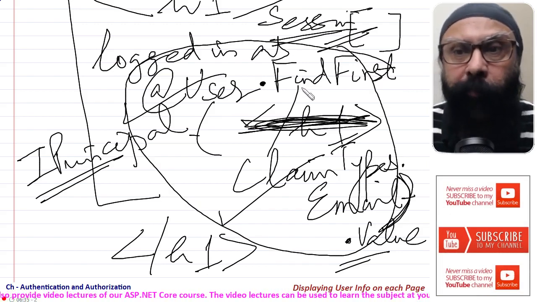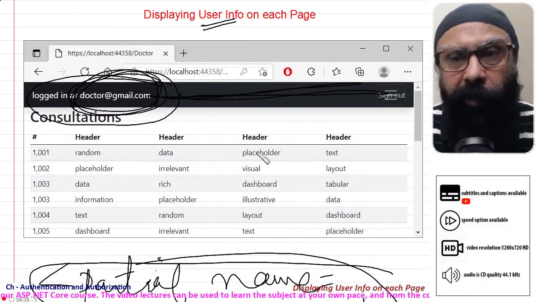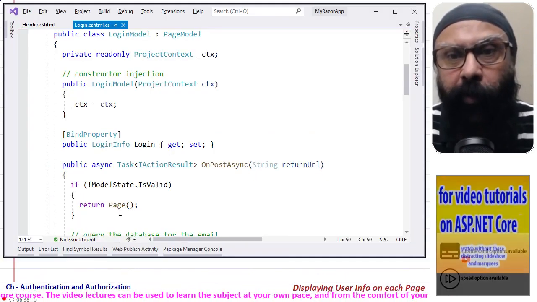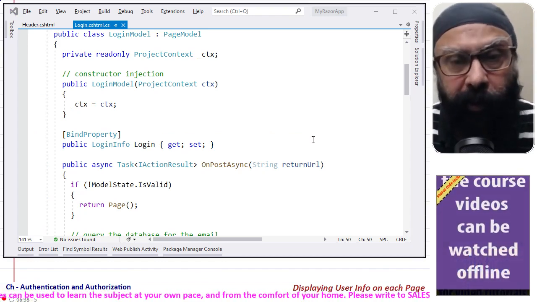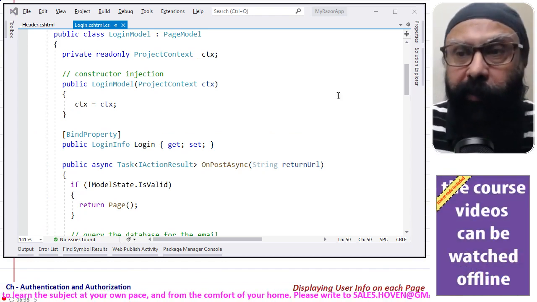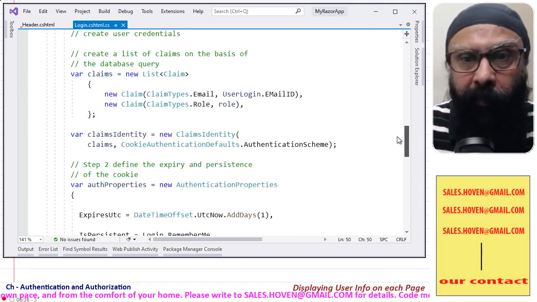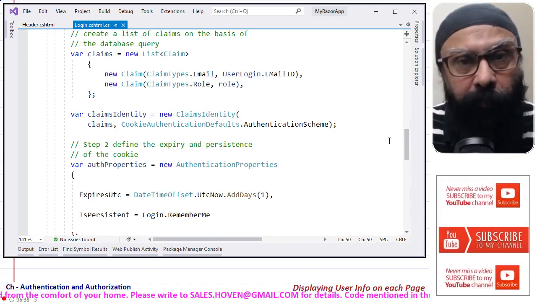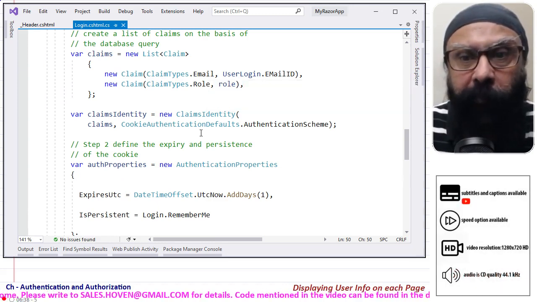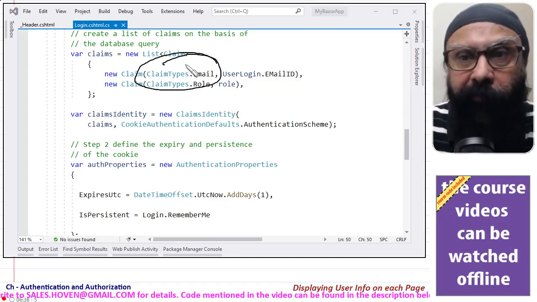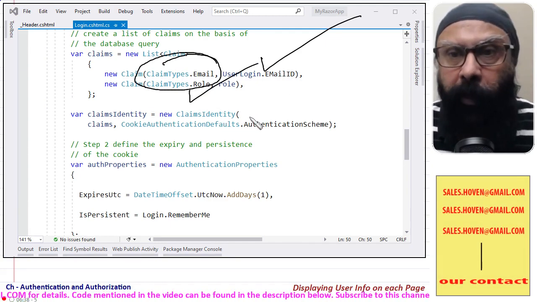And now I will show you a project where I have actually used it. In fact, this is a screenshot from the same project, and now let us come to Visual Studio. This is the project that we are doing these days also. So login.cshtml.cs, if you remember last time in the previous tutorial we were at this point. We created a claims collection, new Claim ClaimTypes.Email, and you can see that this is the field where we stored the email ID, and we just stored role also,